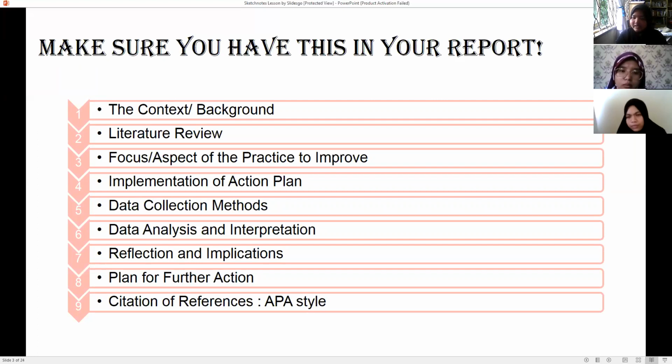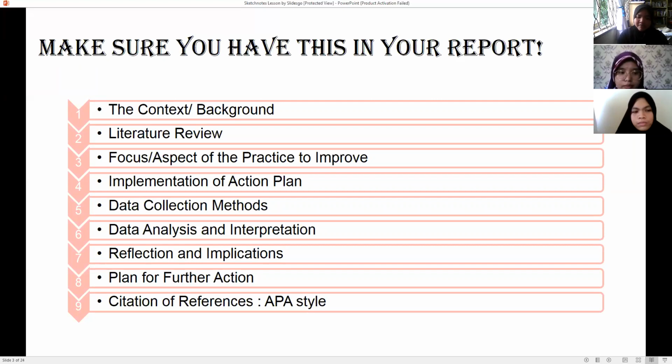Your data analysis and interpretation, meaning that when you have collected all of your data, you will analyze and interpret what your data means and how it contributes to your action research. Seventh is the reflection and implications: how your action research helps the community, whether it helps the students, the teachers, or helps us in improving ourselves.